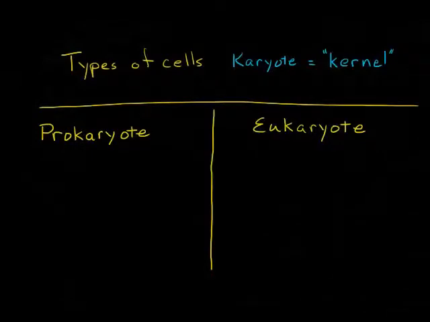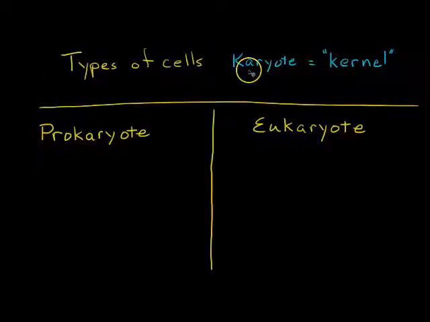All right, before I talk about the two types of cells, the prokaryote and the eukaryote, I wanted to discuss a little bit and explain the meanings behind these strange words. First off, the term karyote. The word karyote refers to the word kernel, and if you look for the definition of kernel, you will find that it means the